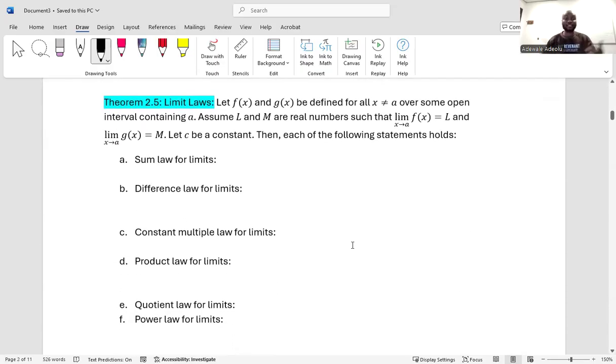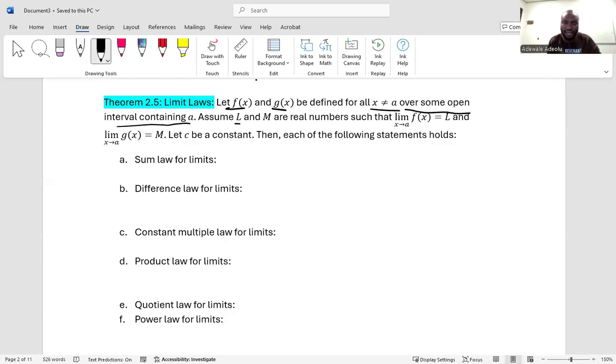All right, now let us look at some laws, basic limit laws, or limit laws in general. Suppose we have a function f of x and another function g of x. Let them be defined for all x not equal to a. We are not really talking about that point itself; we are just looking at the open interval around that point a. So over some open interval containing a,